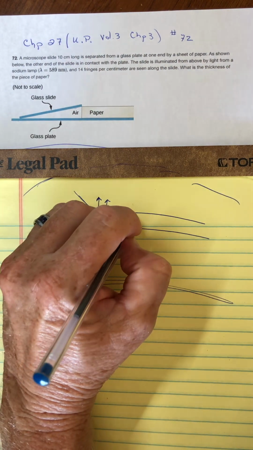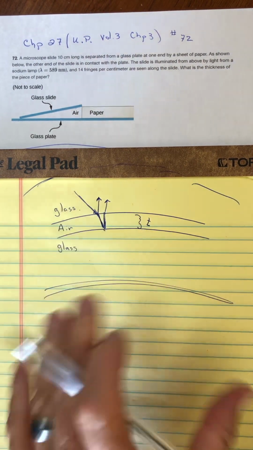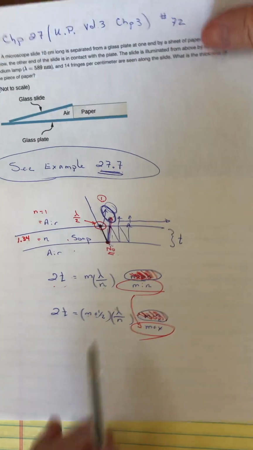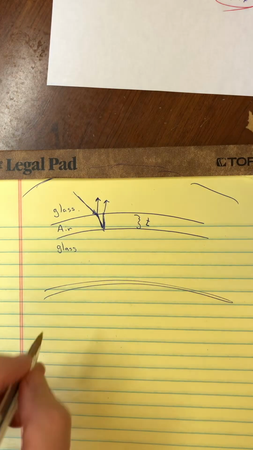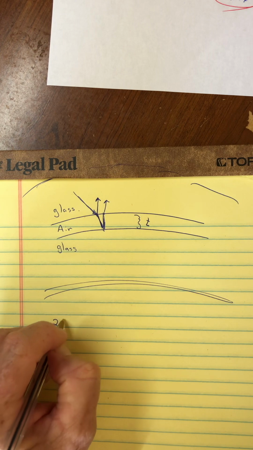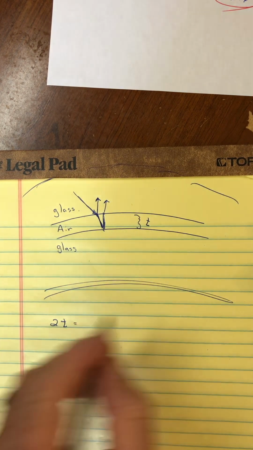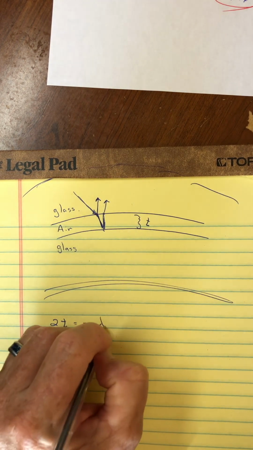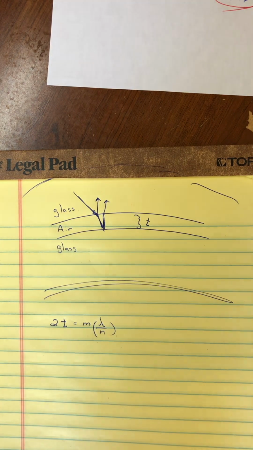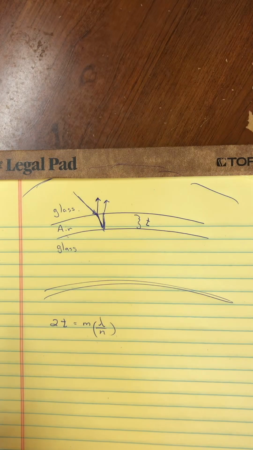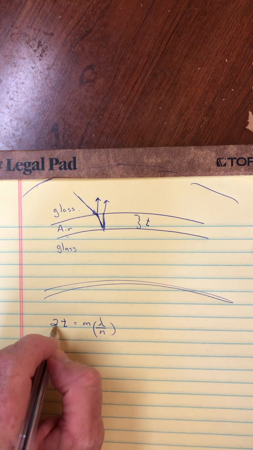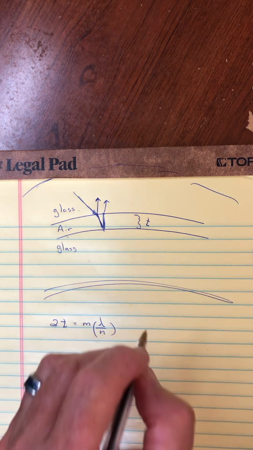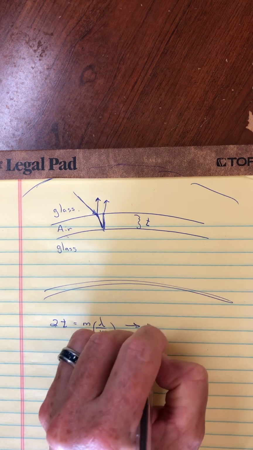Now, if we do the same logic and call this a thickness of T, like we did back here, we might say: if 2T is an integer number of wavelengths in the thin film, and in this case it's air, well, last case it was soap, but in this case it's air, if that extra path length 2t equals an integer number of wavelengths, if nothing else happened, you would expect to get